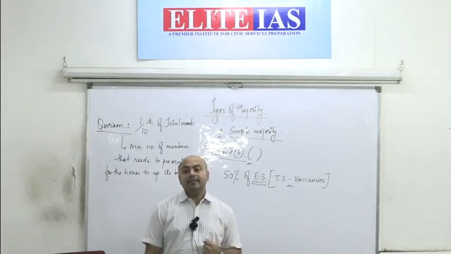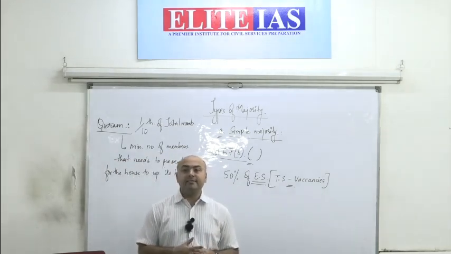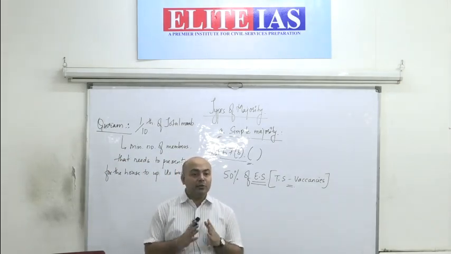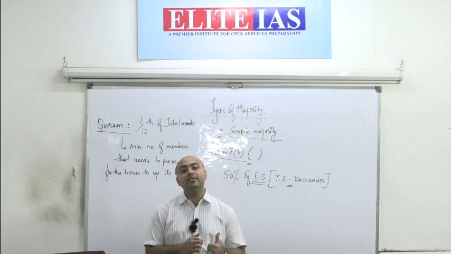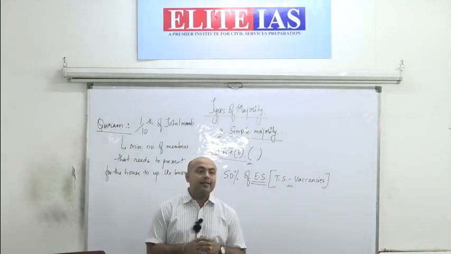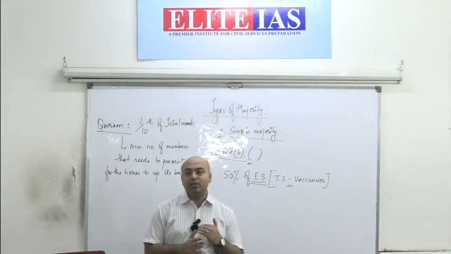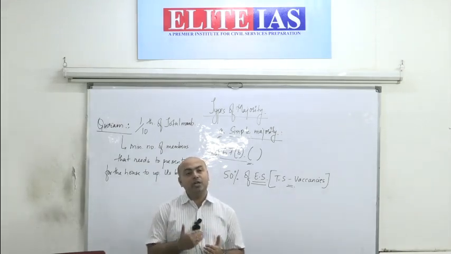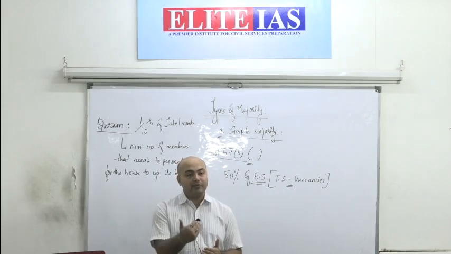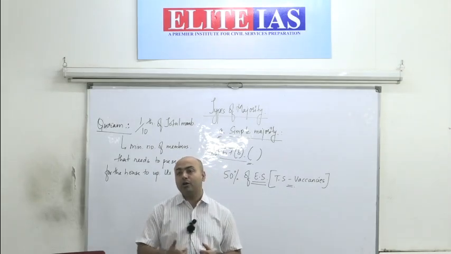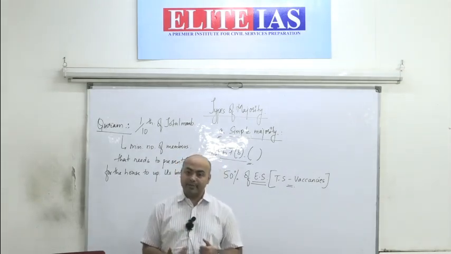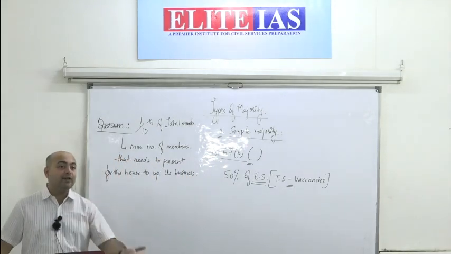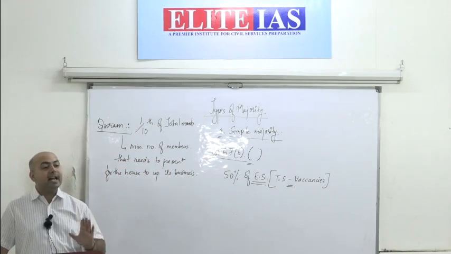So, in certain cases you would find that there is a special majority that is required. That special majority only requires one condition. And what is that condition? The 2/3 members that are present and voting should vote in favor of that particular resolution or bill or a motion. Clear? If 2/3 members that are present and are voting vote in favor of the bill, then that majority